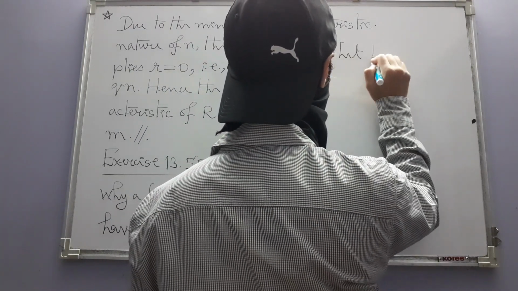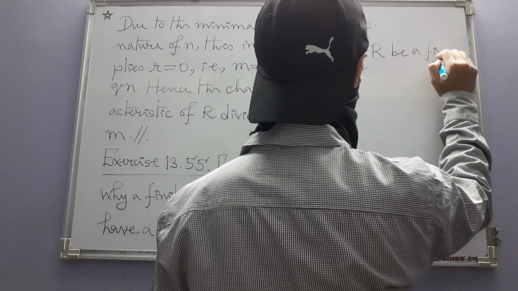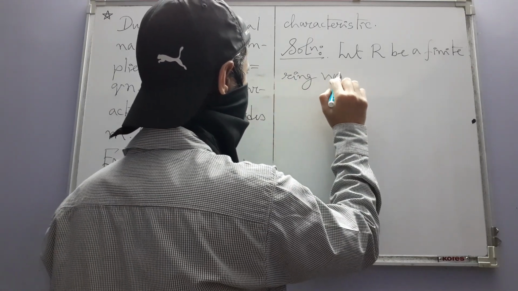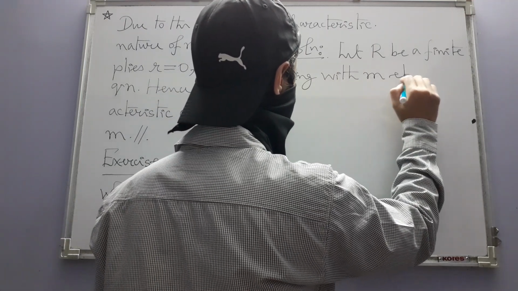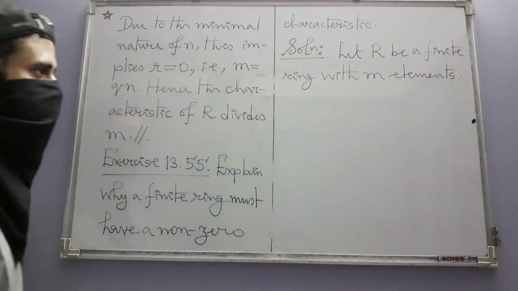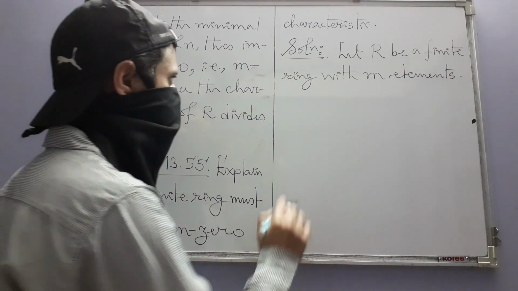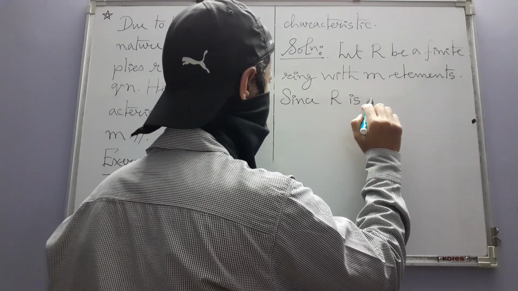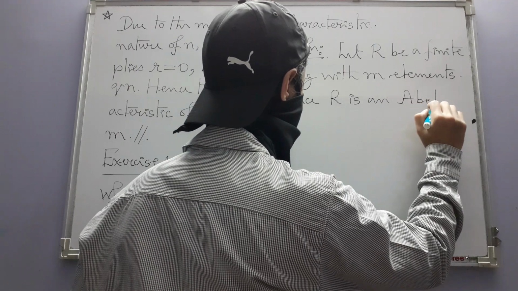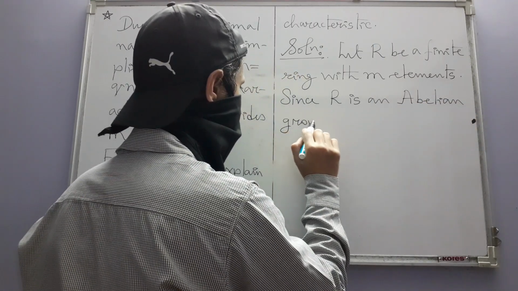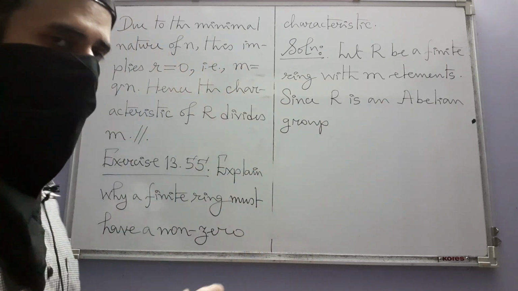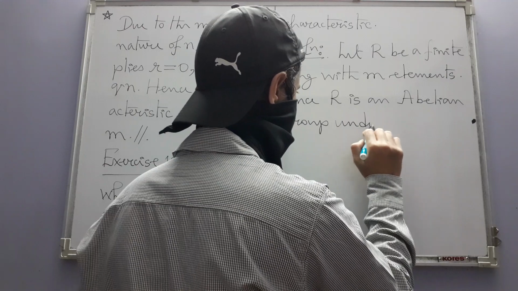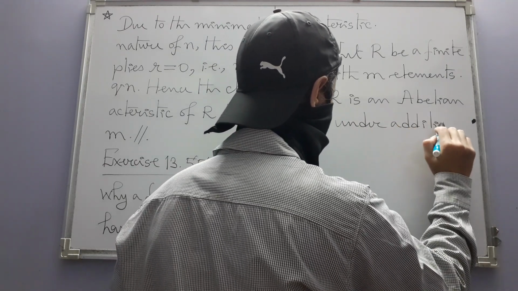Let R be a finite ring with m elements, since R is an abelian group. Actually, there is no need to mention abelian group here for this, but still I mention, it's just a fact. Since R is a group under addition,